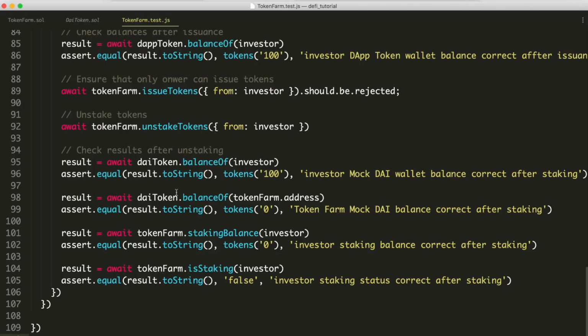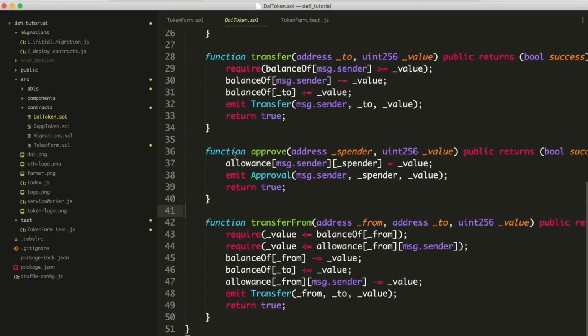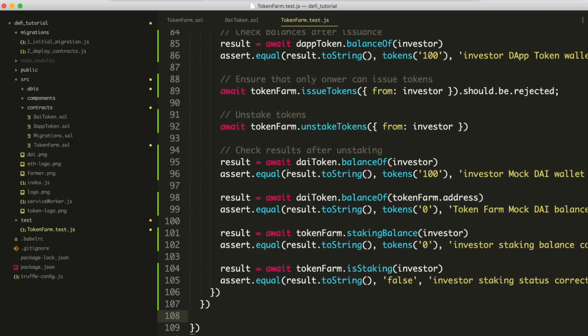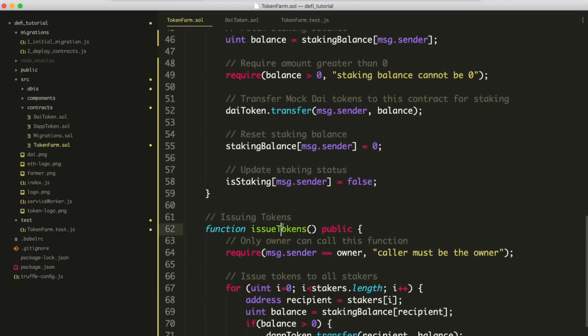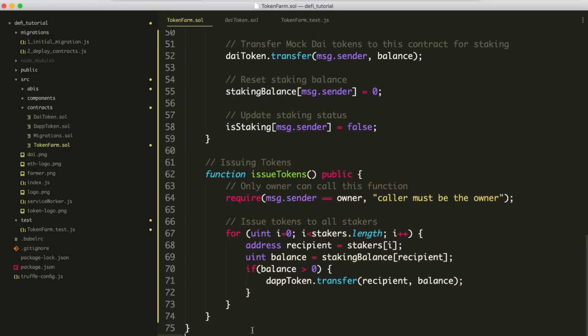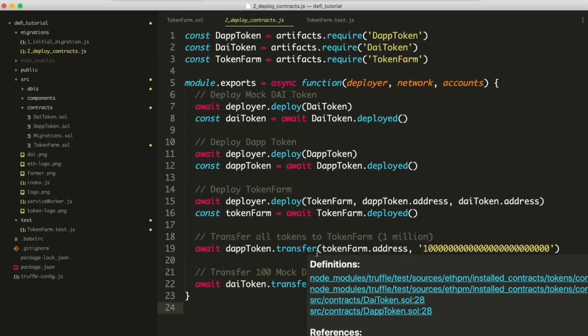So while we're here, I want to do one last thing, all right? Because this is something that we're going to need whenever we create the front-end application. I'm going to create a script that allows the deployer to issue tokens, okay? So basically, we're going to create a script that allows us to call this function, because what I don't want to do is open the console every time and call this function. Truffle allows us to write scripts where we can run them from our command line and issue tokens that way, okay? So just like in the migration, we set this up to go ahead and give an investor 100 tokens. Well, we also want to create a separate script that we can run anytime we want to issue tokens from